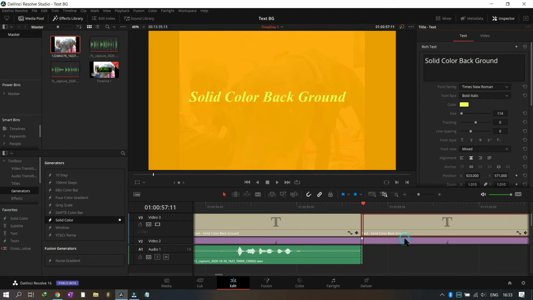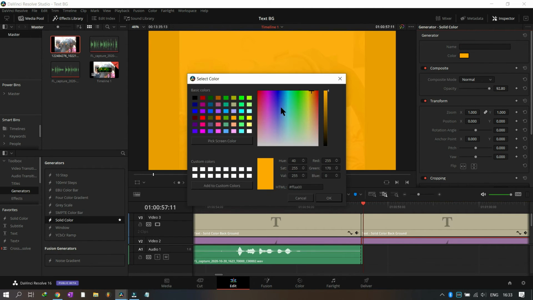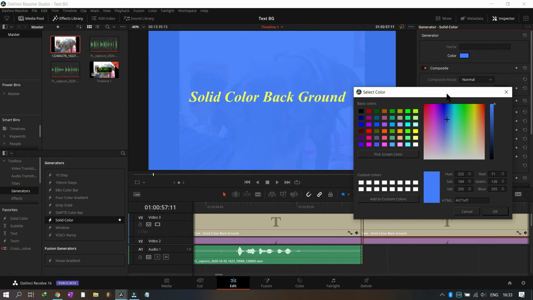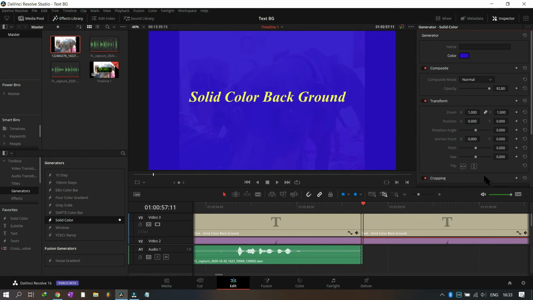Then you click again on the solid background. Now for the yellow font, you can see which color you want as background, and it should be soothing. Most importantly, you should like it because it's you who is doing it. It should be a little dark, so it doesn't hurt the eyes.